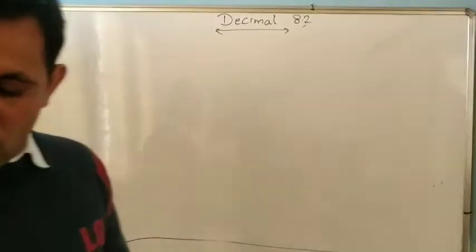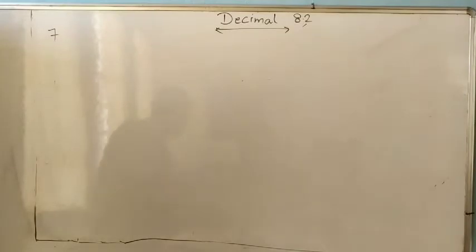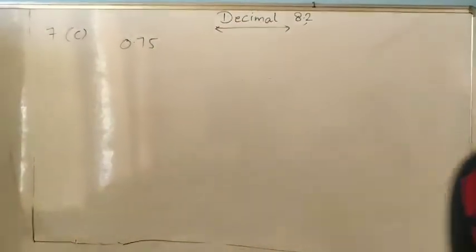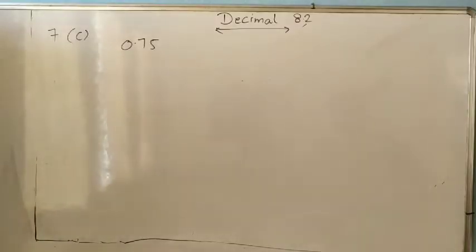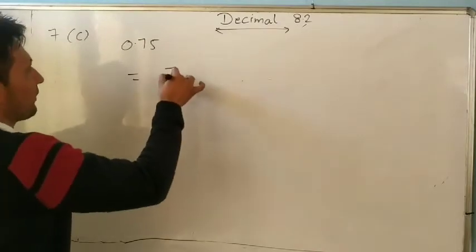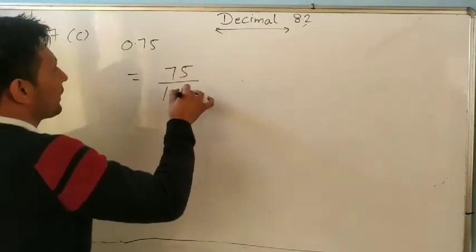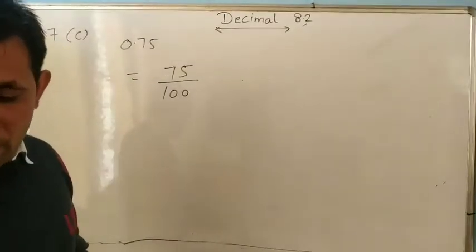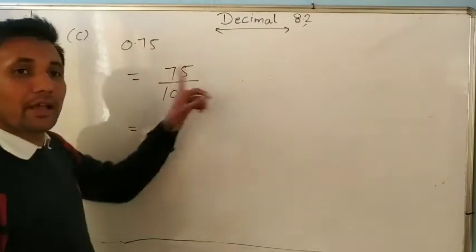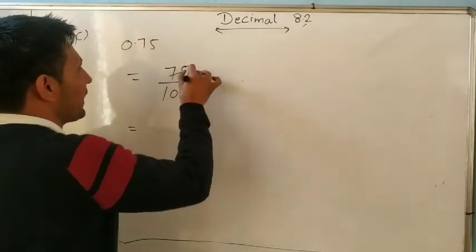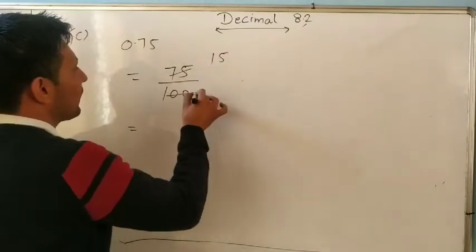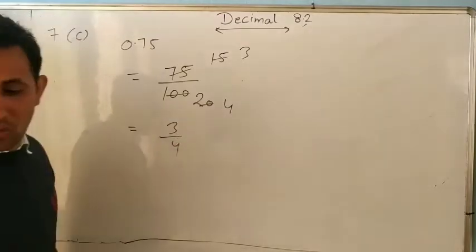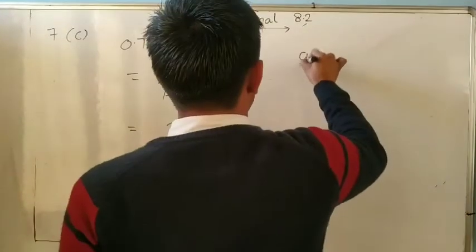Write as a fraction in lowest terms. We have to write in fraction. So which part? C part, 0.75. So 0.75, how will you write it? So 75 divided by 100. We have to write the fraction in the lowest term. So how will you find it? We will cancel their common factor. It can be divided by 5. Yes. 5 ones are 5, 5 twos are 10, 5 threes are 15, 5 fours are 20, so it is 3 by 4. Same as this, you can find G part.